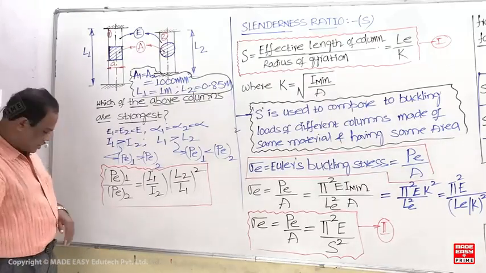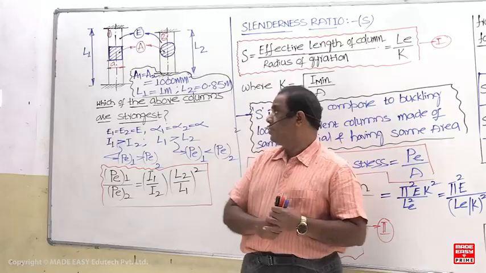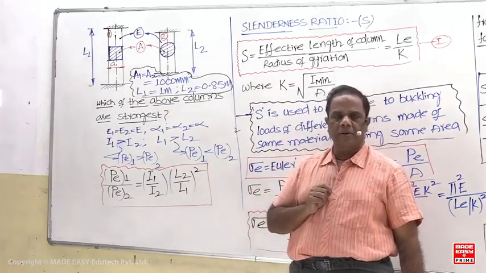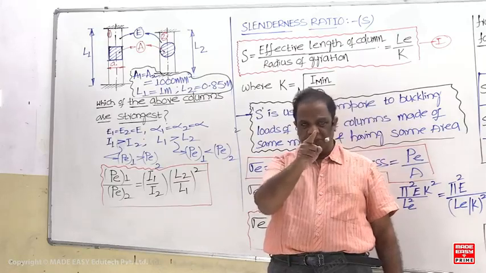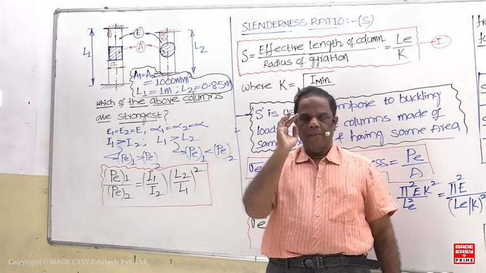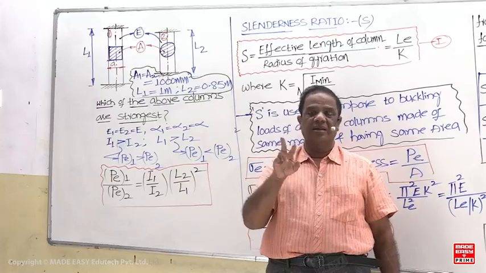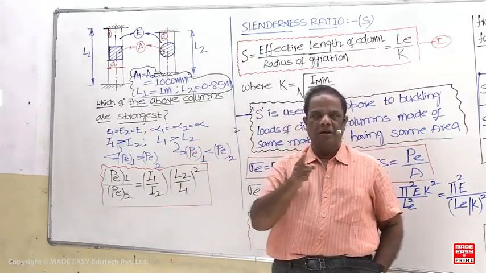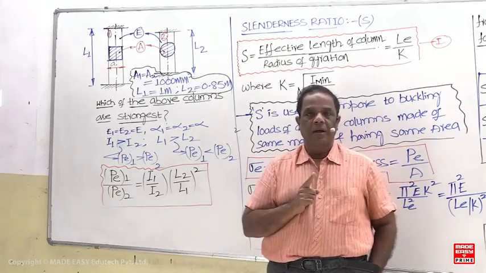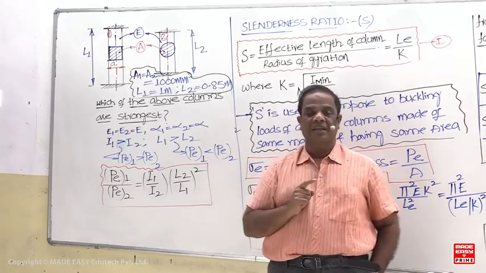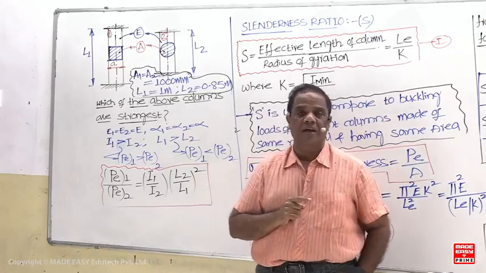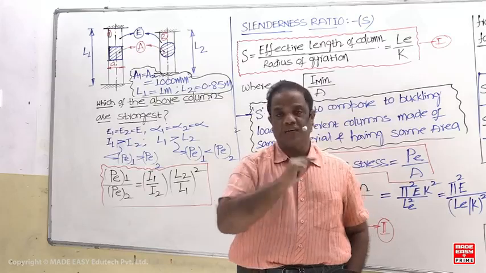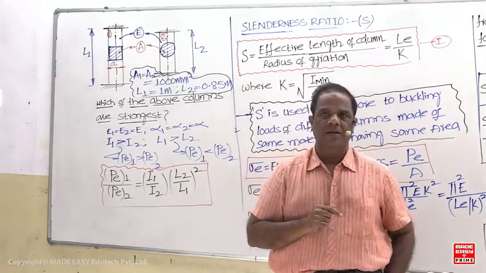So complete this calculation now. Try to refer to the data properly. Go through the input data. So many times I mentioned moment of inertia will not be the same if areas are same; moment of inertia need not be same. When you are studying the bending stress chapter, it is clearly mentioned that for a given area, moment of inertia of an I section is greater than that of a T section, and T section moment of inertia is more than the rectangular section, thin and wider rectangular section.